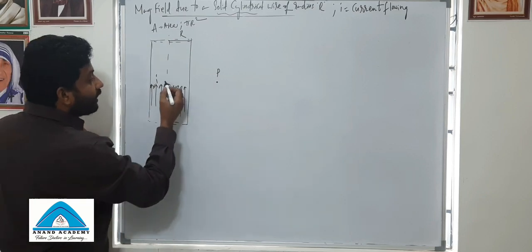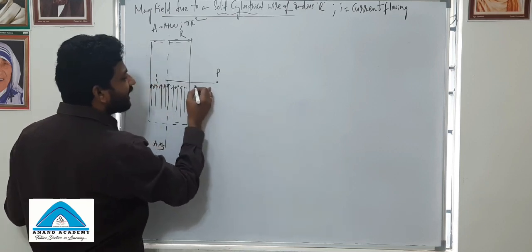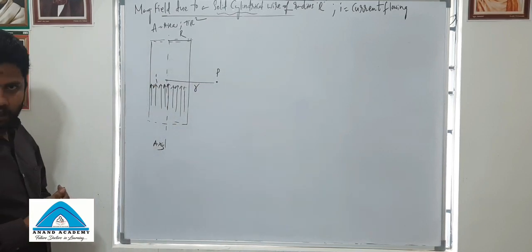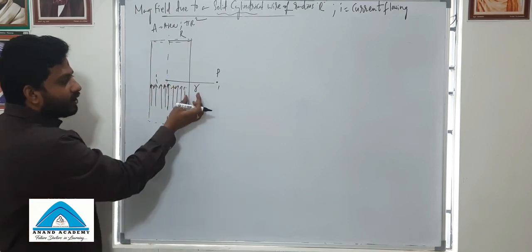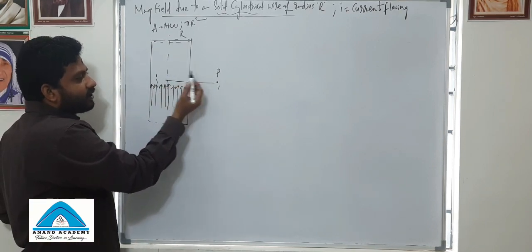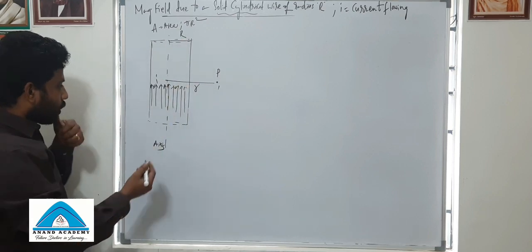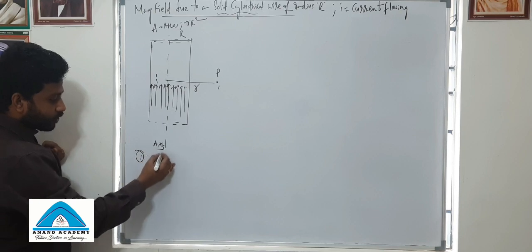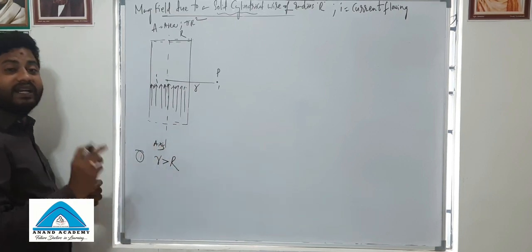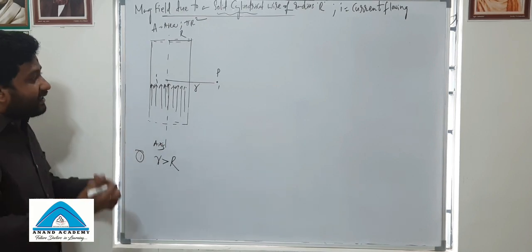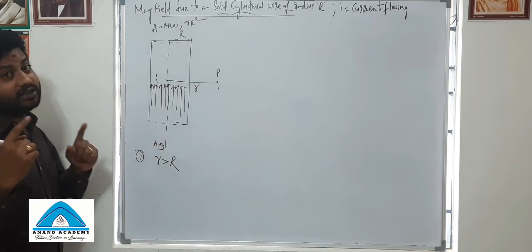So that is the point at a distance r from the axis of the cylinder. At the first point, the distance between the axis of the cylinder and the point is greater than the radius of the cylinder, yes or no? So in the first case, the distance I have considered is greater than the radius of the cylinder. And for the second point, you should understand,